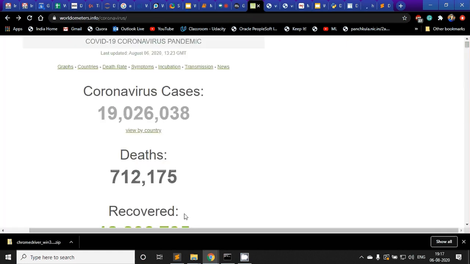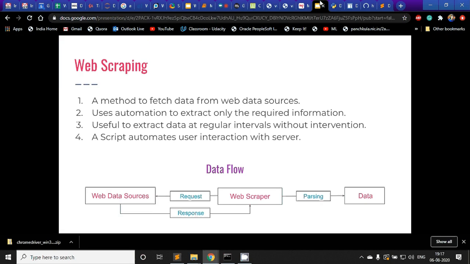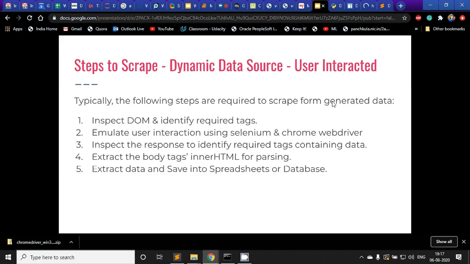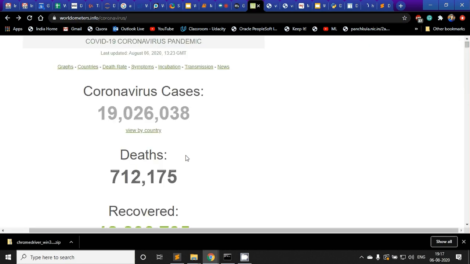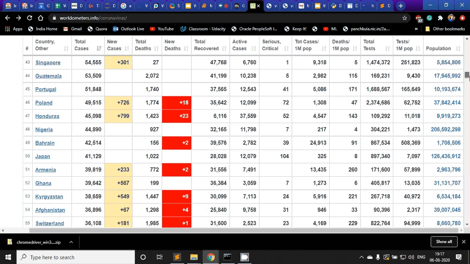So the third thing, I inspect the response to identify the required text containing data, and then I parse the response and save it into spreadsheets or a database. I'll show you an example of this same website, Worldometers, which is the source for real-time coronavirus cases in the world and updates daily.